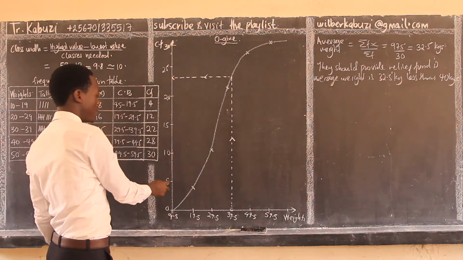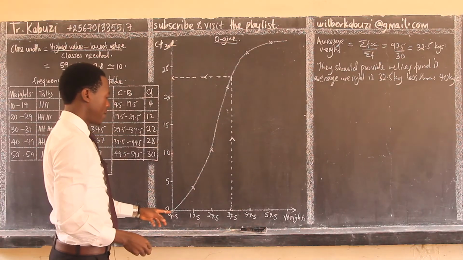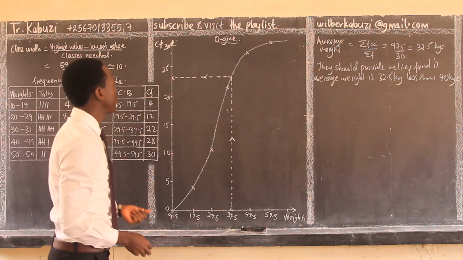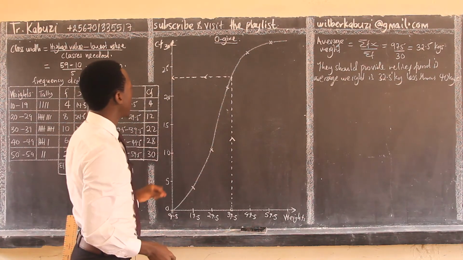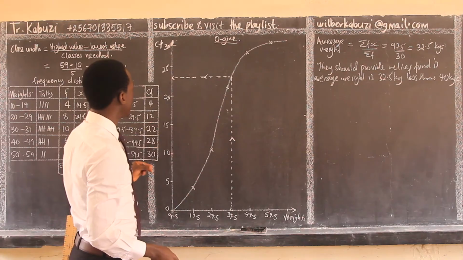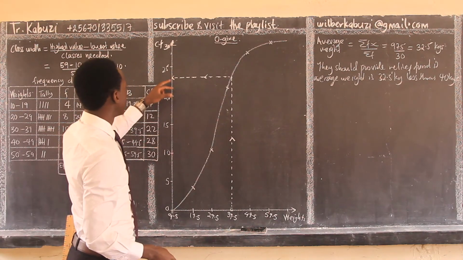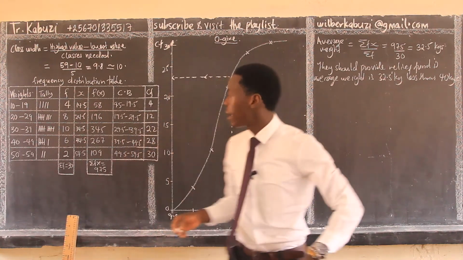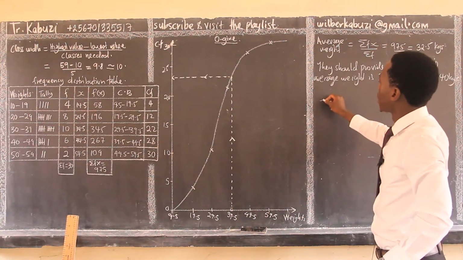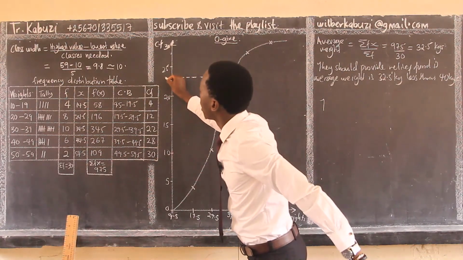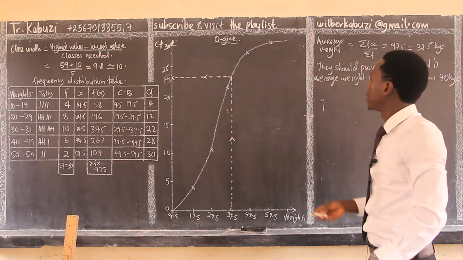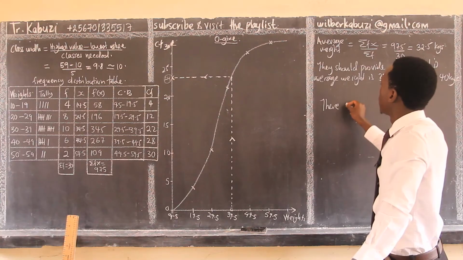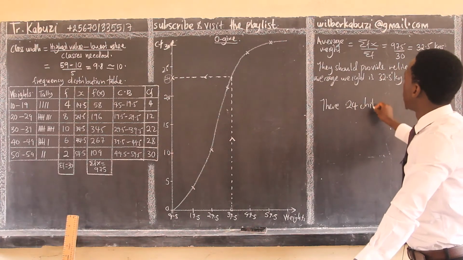Now we see here, I was using the 5 kilograms represented by 10 small squares, meaning each is 0.5. So this is like 22, so this is like 22.5 in the middle there. There are like 24 students, I think. Yeah, 24 students there. So around there, I have 24. For you on your table, when you use a proper graph, you'll be able to read it accurately. So there, 24 children